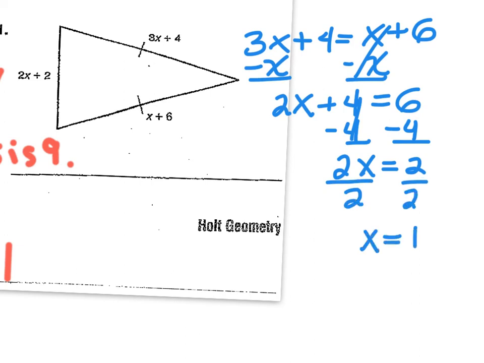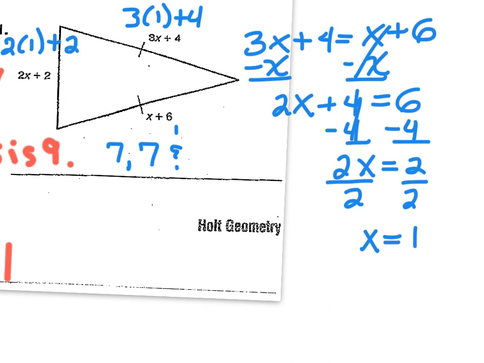So the side lengths would be, let's see, 3 times 1 is 3 plus 4, that is 7. So the side length would be 7, 7, and, let me put it over here, 2 times 1 is 2 plus 2 is 4. So those are the measurements, 7, 7, and 4. So you would put the x now into